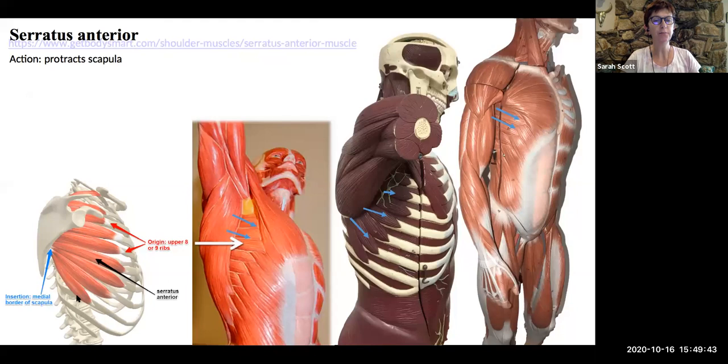Serratus anterior. You can see here in a dissected version where few muscles are visible that you have these almost tongue-like extensions of this muscle that attach to the various costa. And you can see it here, it will sort of interlace. It looks kind of like interlocking fingers. And that is the external abdominal oblique. So this is going to protract the scapula, bringing the scapula in an anterior direction, holding the scapula tight against your ribs or costa.